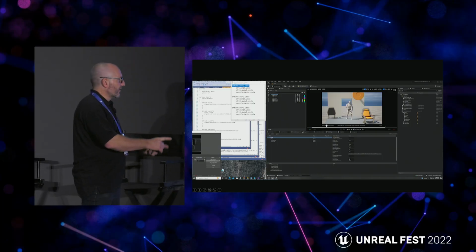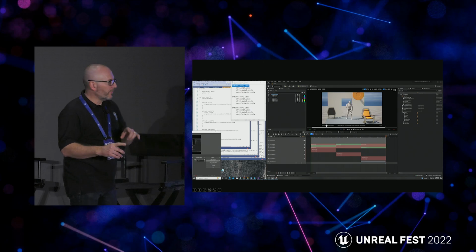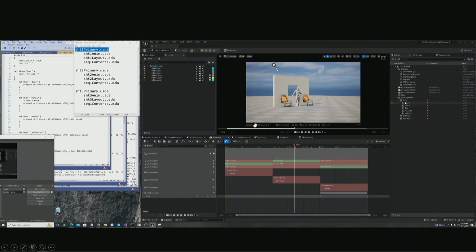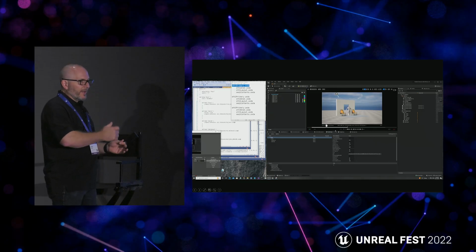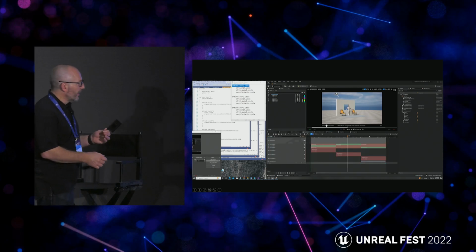So I can have the different USD files in the sequencer and have them separated out. You put a visibility track in there so that you're hiding the USD stage actor from shot to shot so that they're not there. You also have to put a timer on the USD stage so that it knows to play back when it's being scrubbed. But once you've done that, now you can go to an individual shot in the sequencer, and you can start to do edits. You can move stuff around.